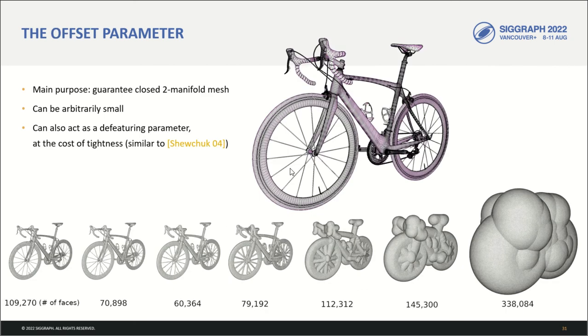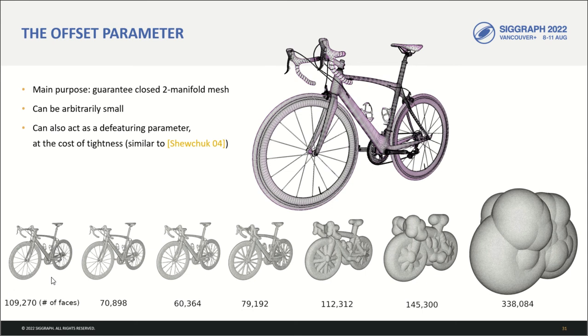The offset parameter, its purpose is to guarantee a closed two-manifold mesh as output. It can be arbitrarily small, and can also act as a defeaturing parameter at the cost of tightness, similar to the shrink-wrap method. On this bike example, the mesh of a NURBS CAD model, which also has defects,